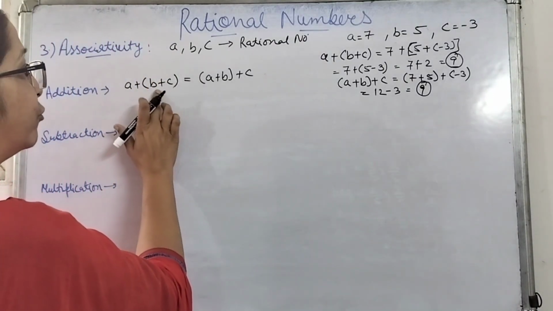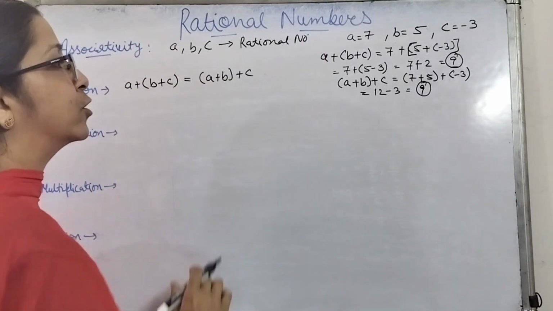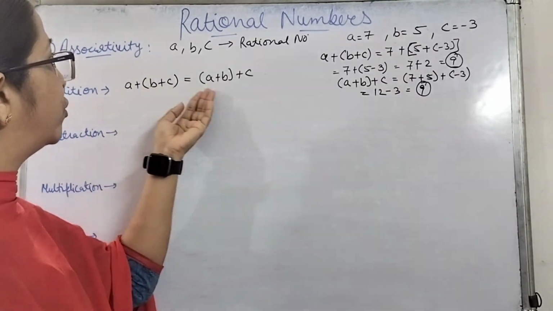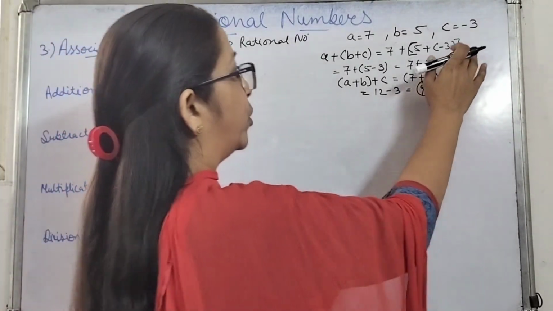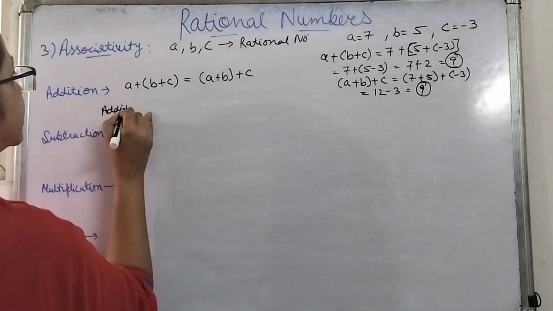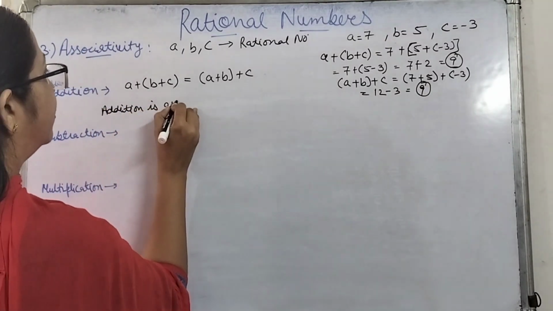First we had taken the group of B and C, and here we have taken the group of A plus B. But in both the cases, your sum of three rational numbers is equal. So we will say that addition is associative